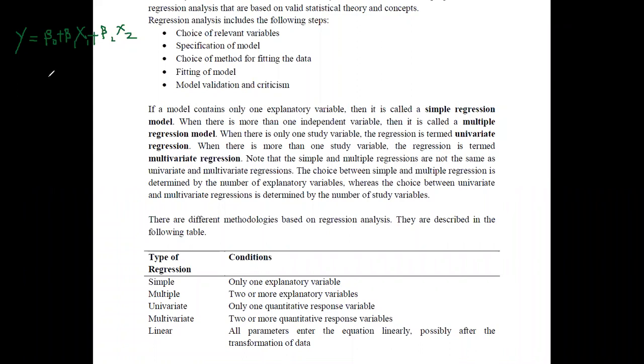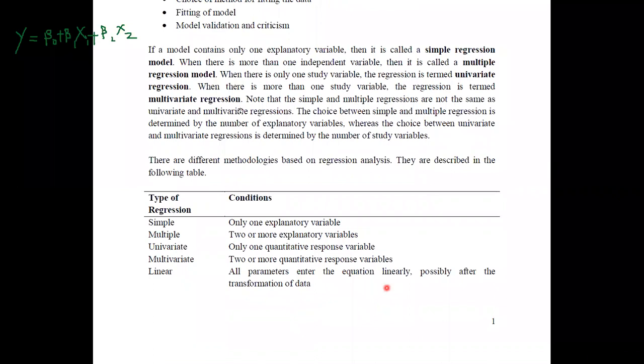If the transformation is valid, and even after applying the transformation you can convert this into the linear form, then you can still use a linear model to fit the regression equation for the given set of data.